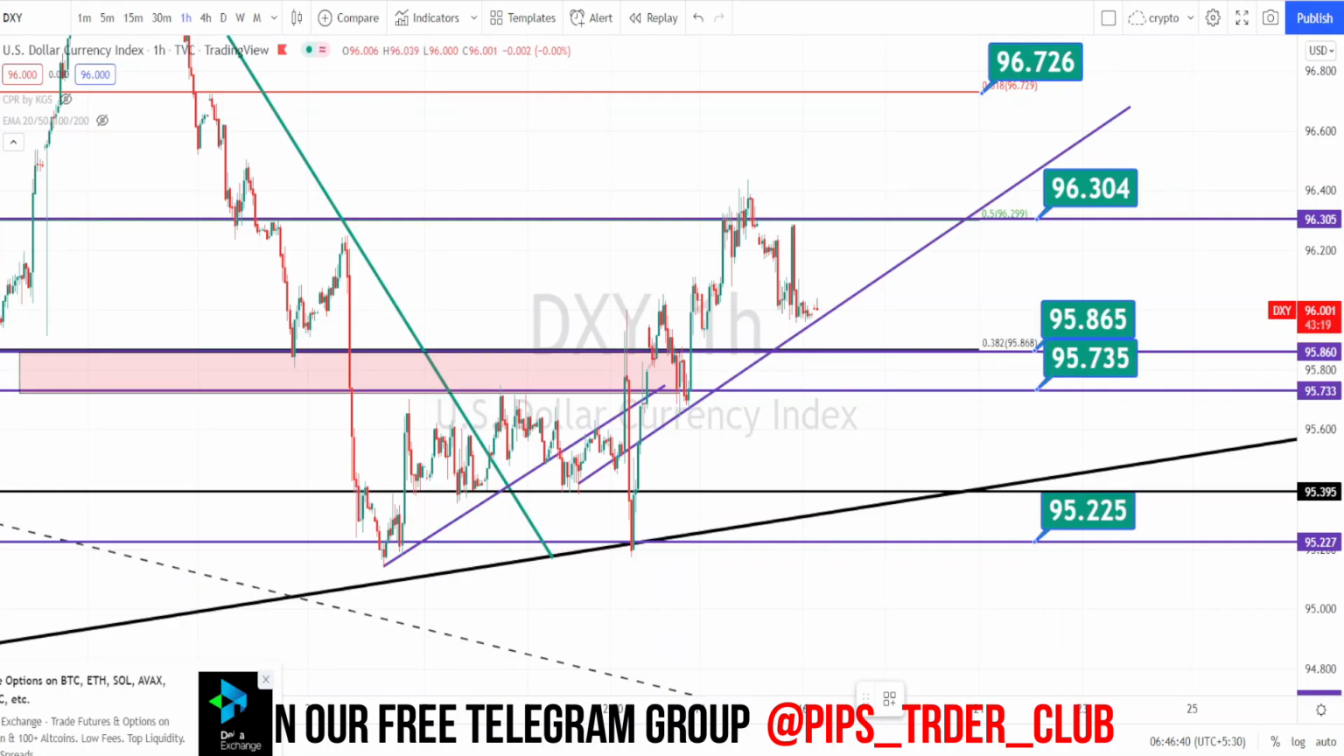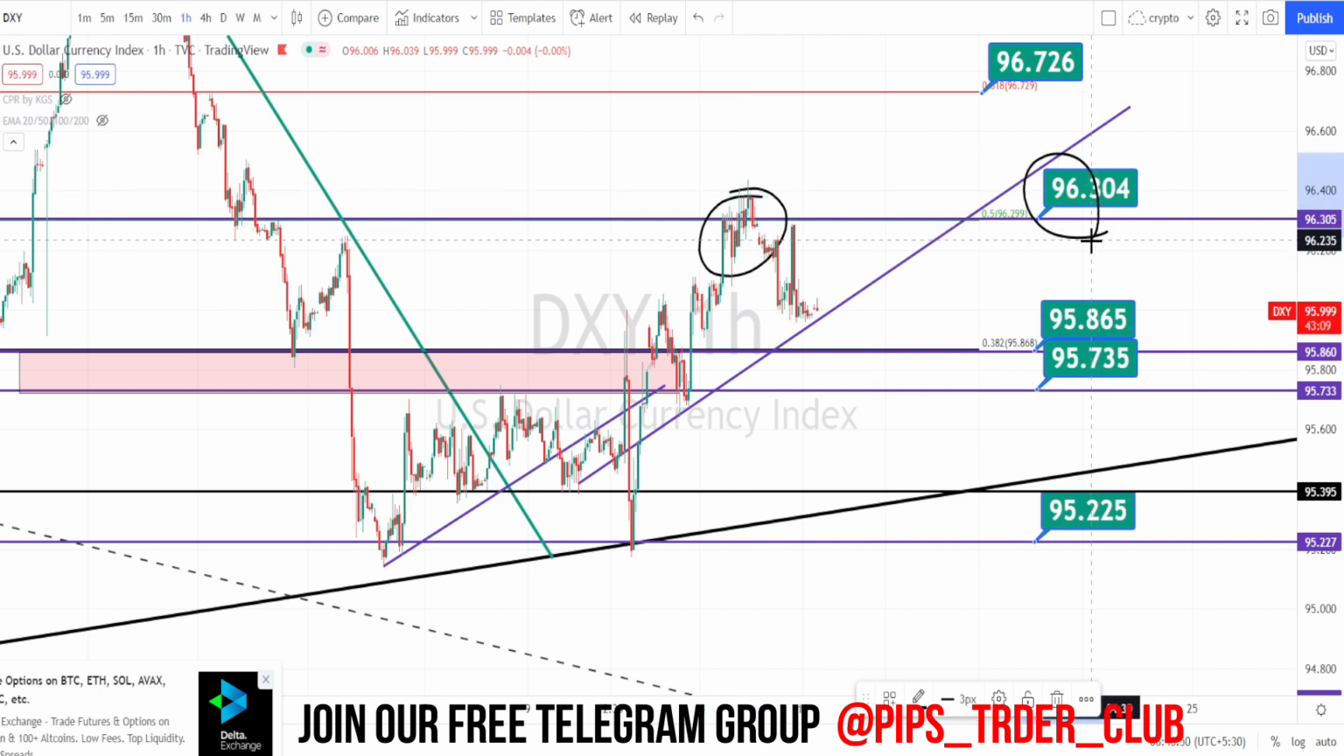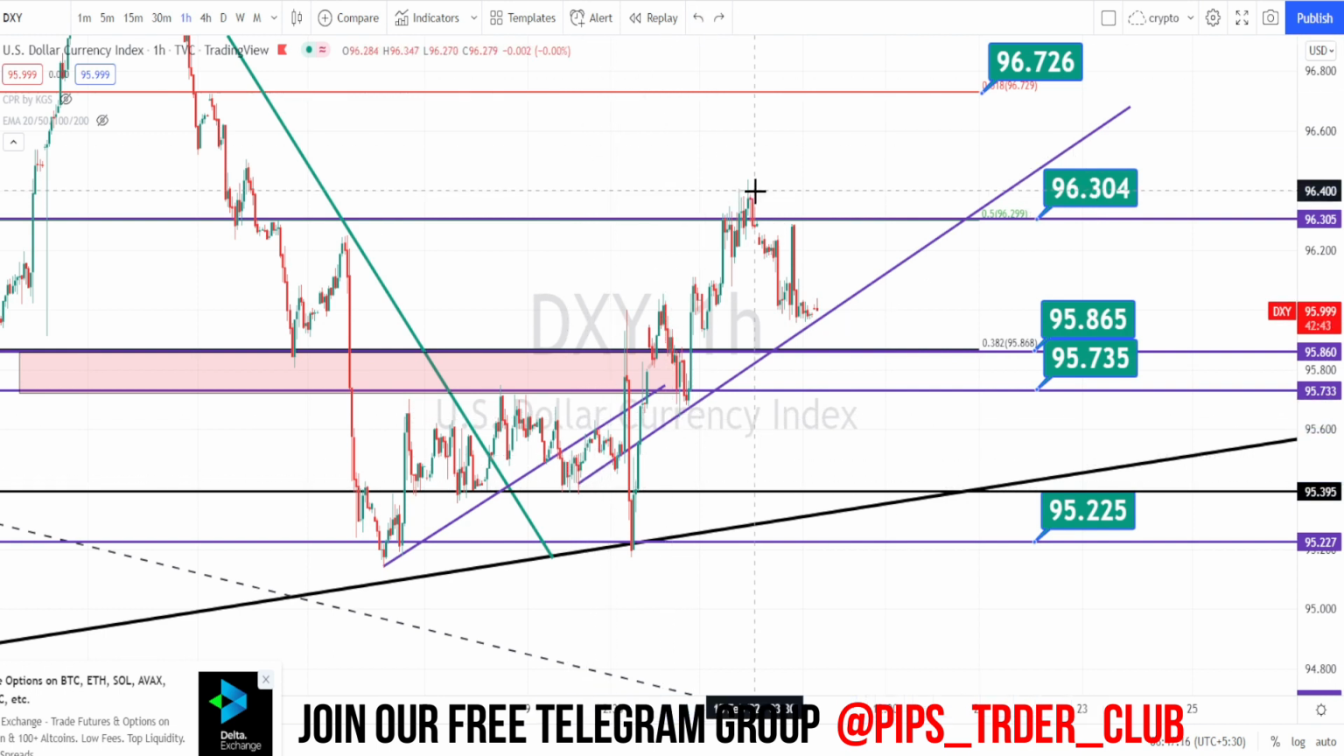I'm in dollar index hourly time frame now. When we look at the price action in dollar index, we clearly notice that the price got rejected at the resistance level of 96.304 and it is in a retracement. But overall, when we look at the price action, it is still in a bullish trend, respecting this trend line or the support line. So currently the price action from this level, it is on a retracement